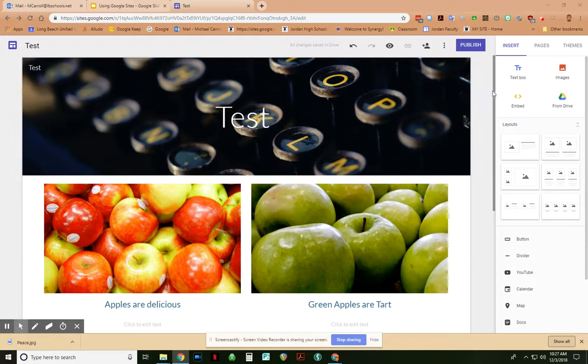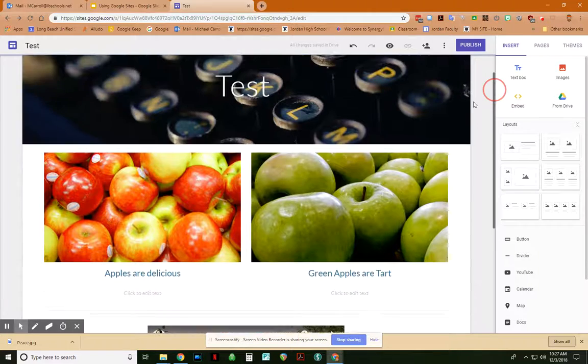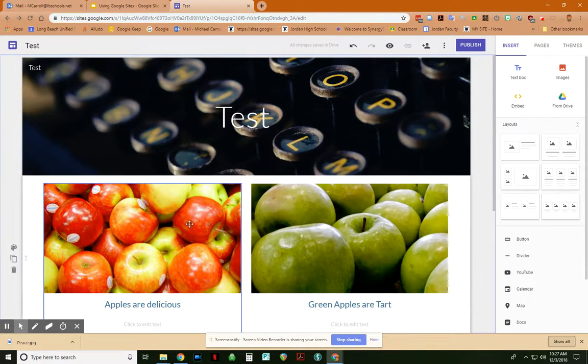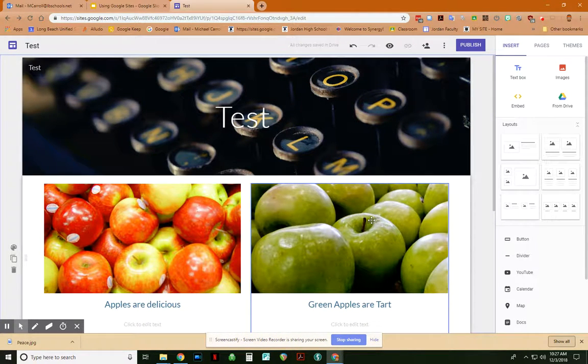Okay, so here we are. We have a pretty nifty main page to our website: our header, our website name, and then some content that we put in. First thing that we're going to do is, anytime you want to look at your website,